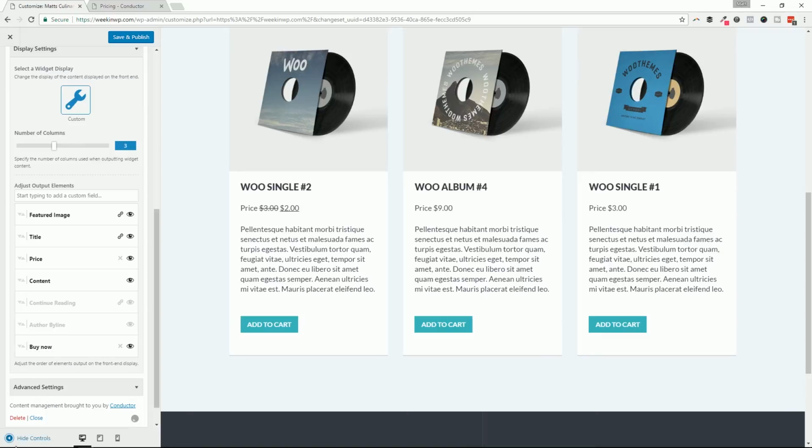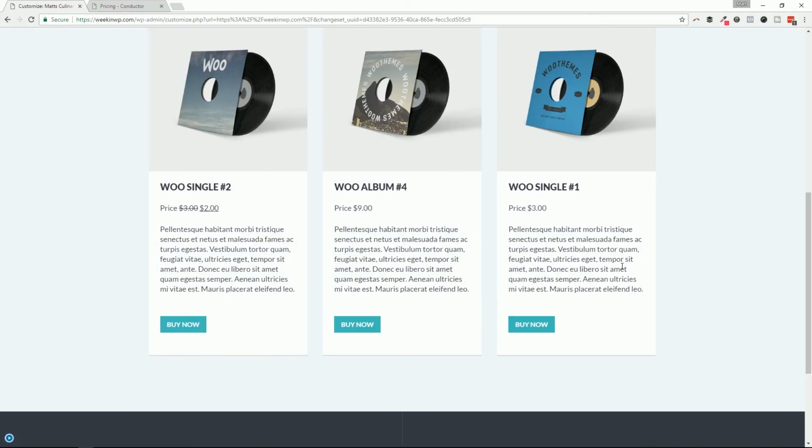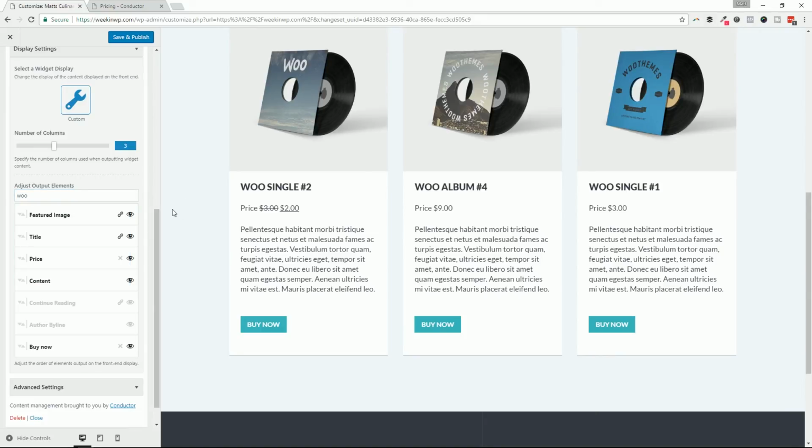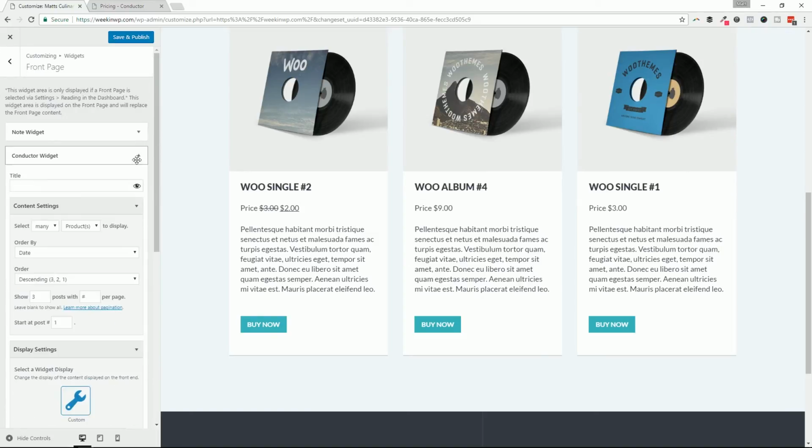So in this example, I'm customizing my WooCommerce display of these 3 products, and I'm pulling in the custom fields that WooCommerce allows us to pull in, and that's the add to cart button, it's the price, and then any of these other custom fields that we see here, like dimensions, height, shipping class, stock quantity. Those types of fields, depending on what kind of products you're selling, you could pull in using a Conductor widget,